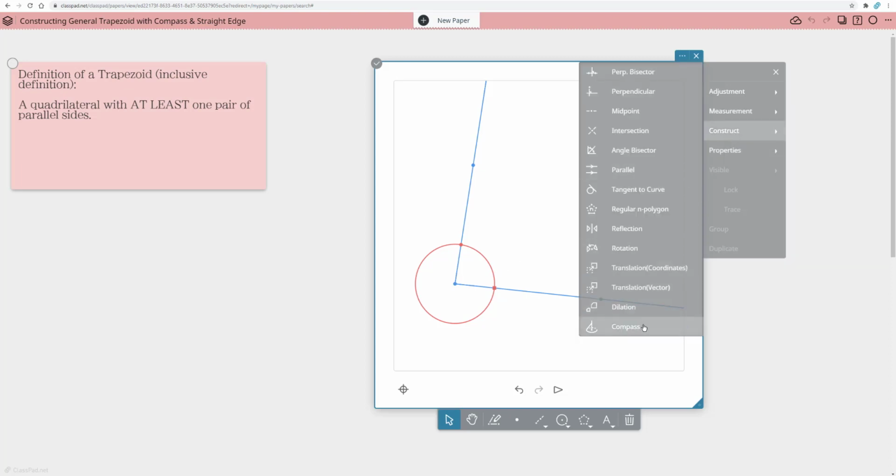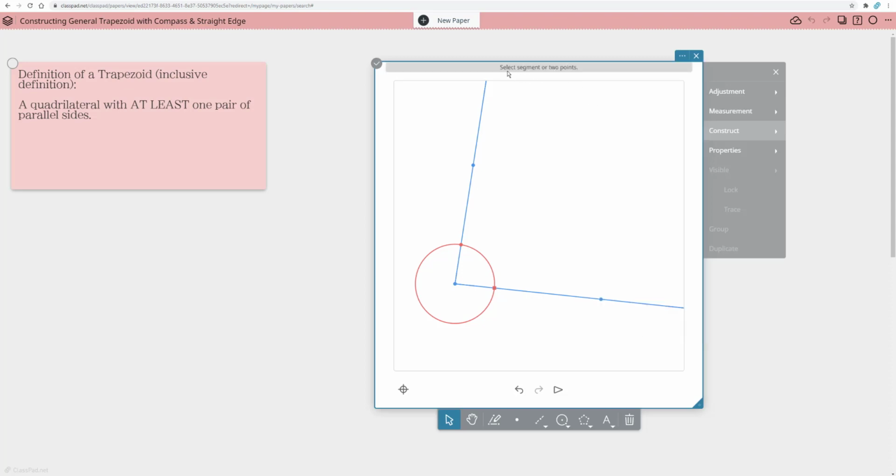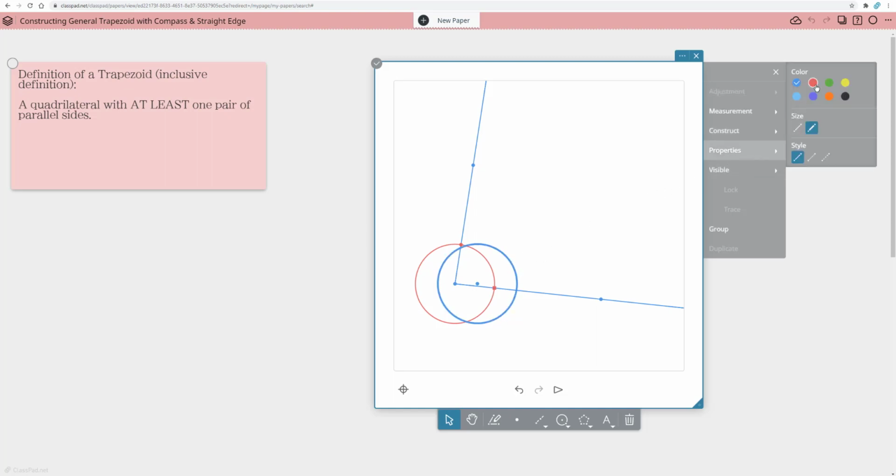Construct has a compass tool at the bottom, and it asks for you to select a segment which represents the radius or 2 points. In this case, I have 2 points. My radius is from the vertex of this angle to either this point or this one. It doesn't matter which one I use, so I'm just going to use that one. And notice it creates, and let's actually change the color to red. It creates a second circle,